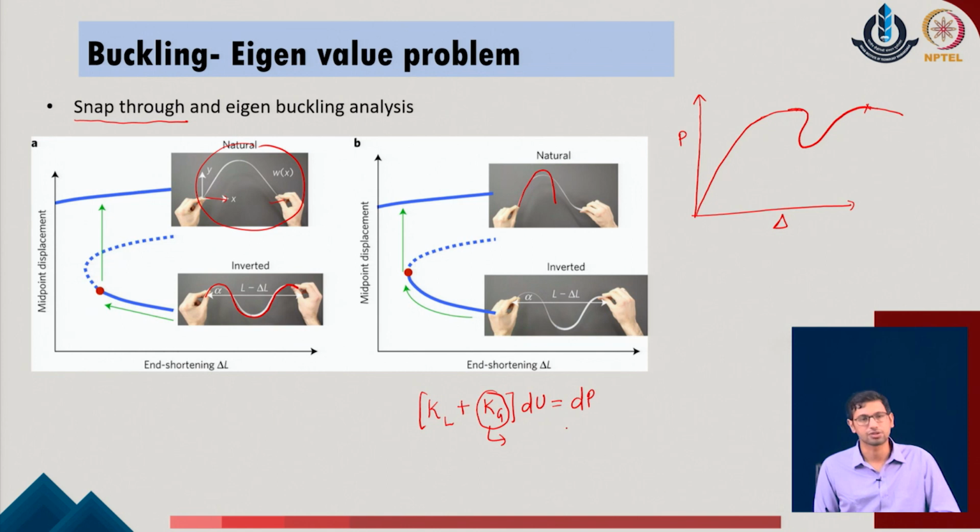If I write the equation in this manner, any increment in the load is given by this stiffness times the change in the displacement of the given system. So, in situations of buckling, one can easily come up with the condition that the system is no longer able to take extra load, which means that (k_L plus k_geometrical) du is nearly equal to 0.